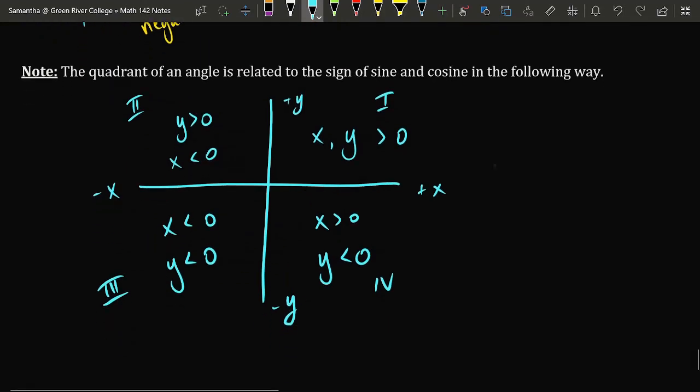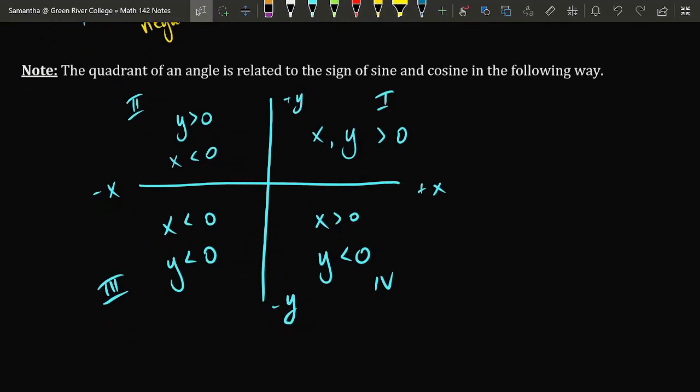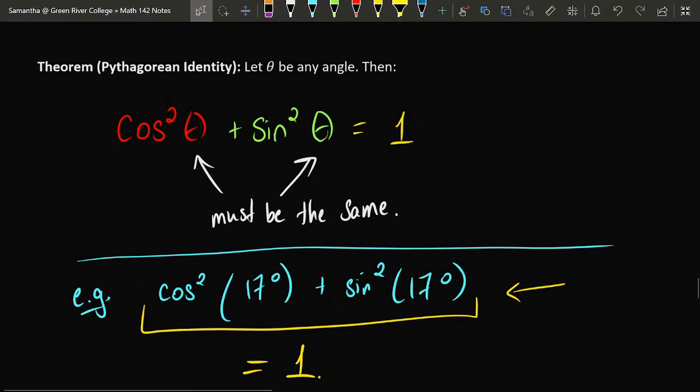That concludes today's material. We began by talking about the sort of special or strange function notation that's used when working with sine and cosine. Then we used the unit circle to look at a couple of different properties of sine and cosine, namely how they interacted with coterminal angles and how they interacted with opposite angles, theta and minus theta. Then we took a look at a very special property of sine and cosine, which is called the Pythagorean identity, which says that cosine squared of theta plus sine squared of theta is equal to 1.